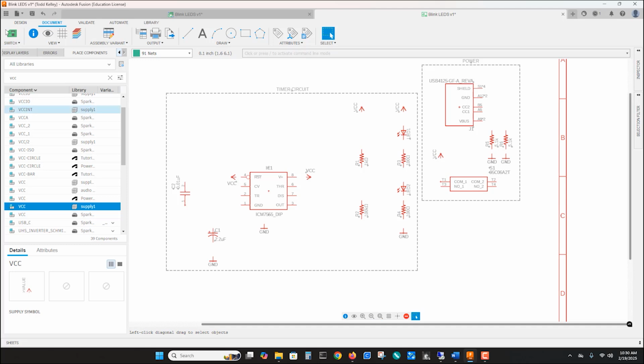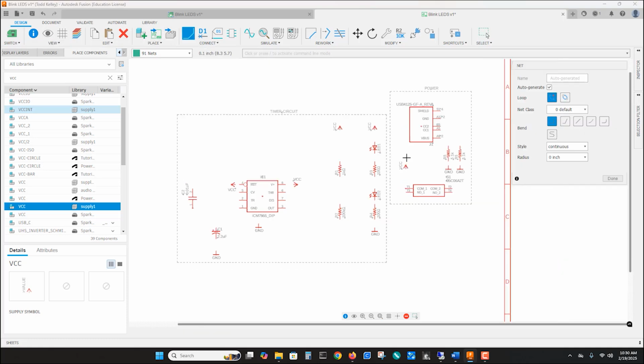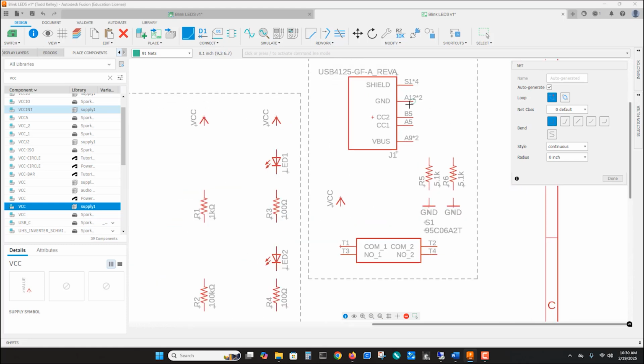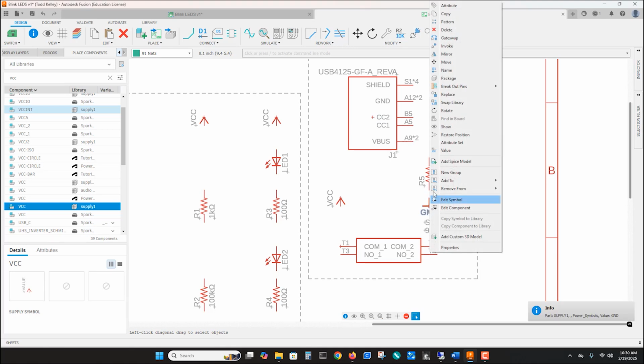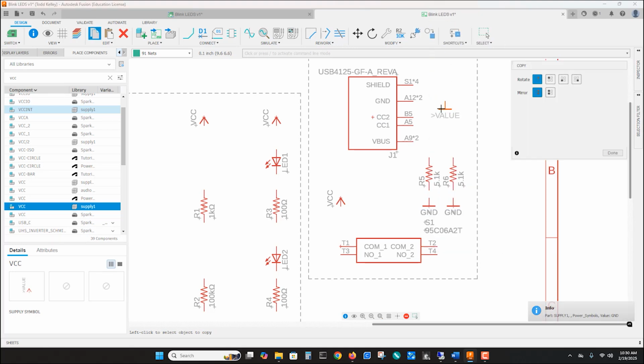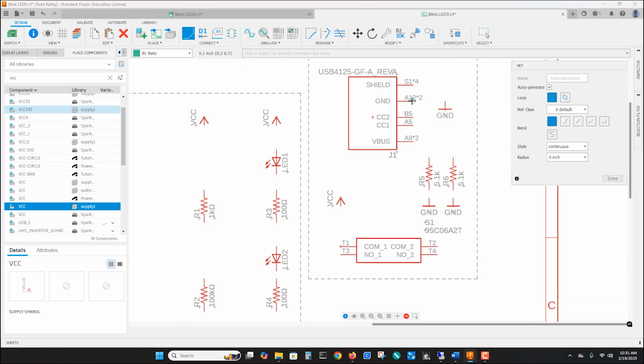Go back to the Design tab and select Net, which is right here. So we're going to connect the ground of the USB to the ground symbol. So we come over here, we'll see this is our ground. Oops, I do need another ground. So what I'll do is I'm going to hit escape. I'm going to hit this ground, hit copy, and I'm just going to paste it right over here. Then I can go back to my net. Now I can click on this part,